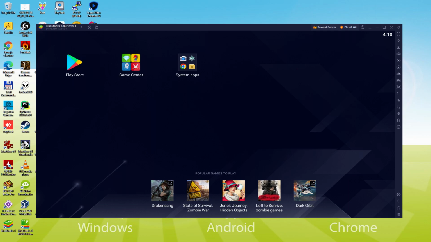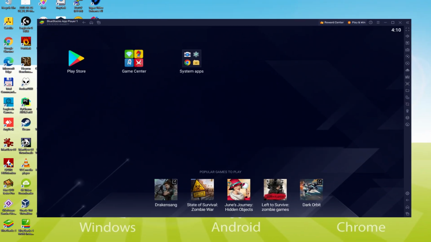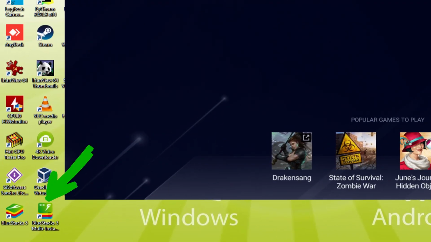Before we continue on, as you can see, it created two app icons right here on the computer desktop. The BlueStacks and BlueStacks multi-instance. Note that the BlueStacks icon is the one we are concerned with. Whenever we are planning to start Honor of Heirs on our PC, we double click on this app icon and consequently launch the emulator. The BlueStacks multi-instance icon allows you to launch multiple emulator instances. And with BlueStacks 5's new improved multi-instance manager in Eco Mode, players can run more game instances faster and with less lag.